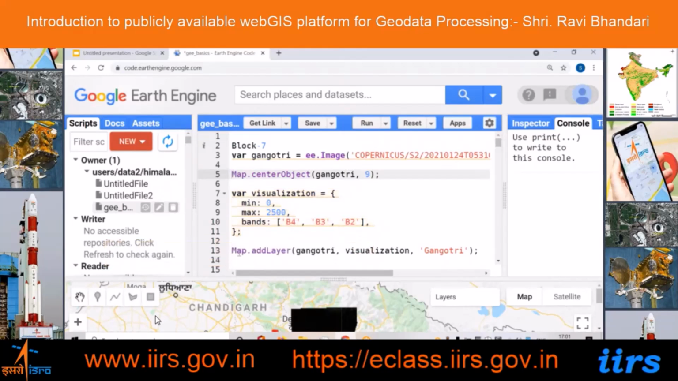Then the same thing, I am calling the function Map.addLayer. In addLayer I am passing the arguments: the variable name and visualization. In the previous addLayer I had not passed the visualization parameter, and next I am passing the name of this particular layer as Gangotri. Now suppose I run this code,